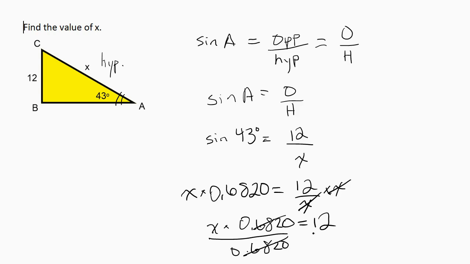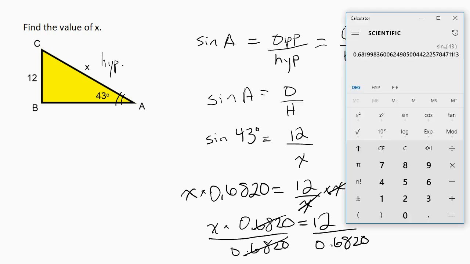That way these will cancel. And 12 divided by 0.6820, we get